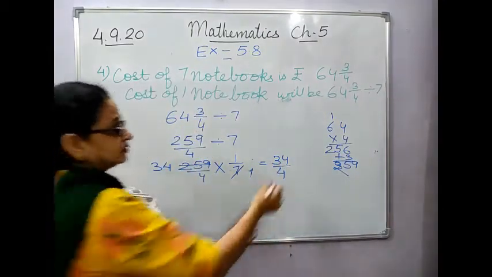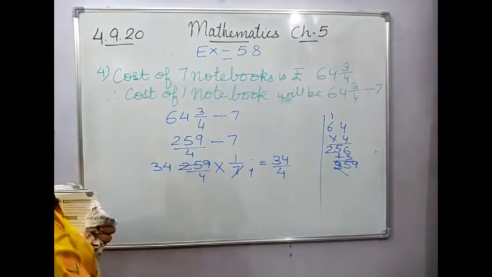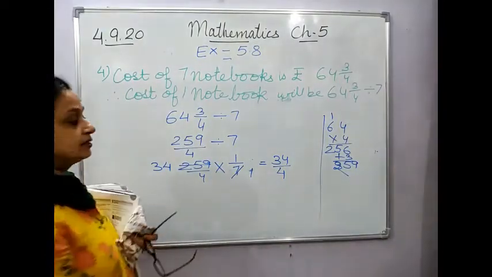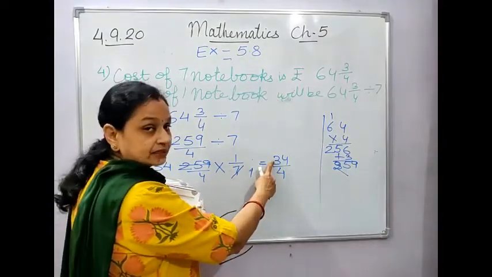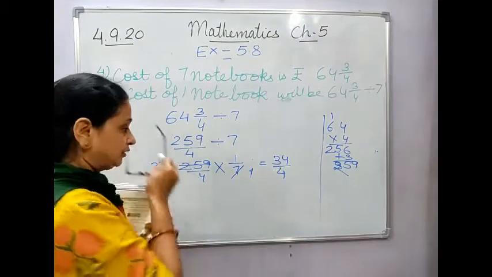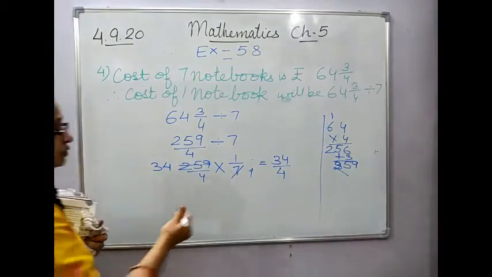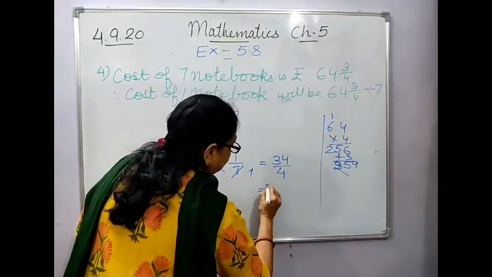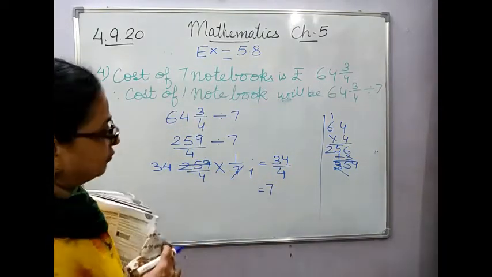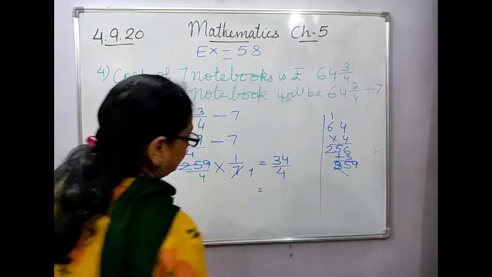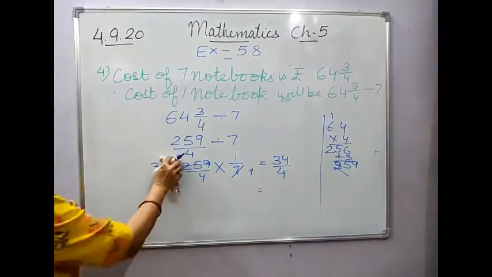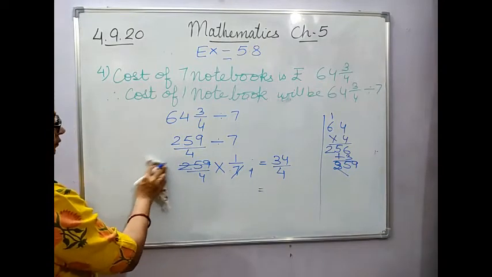Again, this you will do in the rough work. Again, it is an improper fraction. You have to reduce it to the lowest term, and you know that the numerator is greater, so you will convert it into a mixed fraction. So it will be 4 sevens are 28, and 4 nines. Okay, just check it. Sorry, children, I have done it wrong.